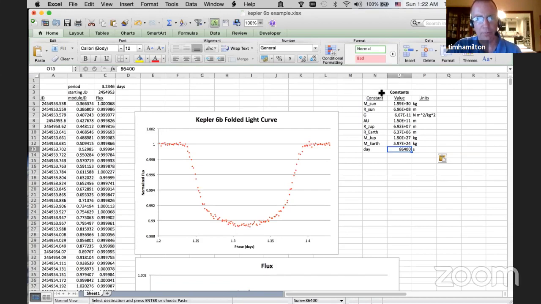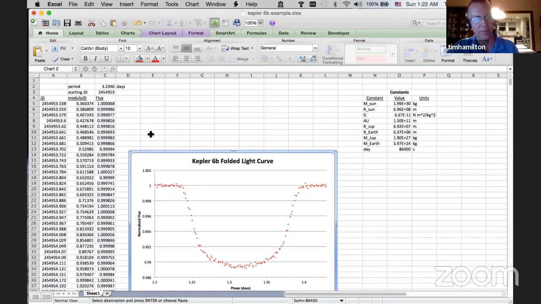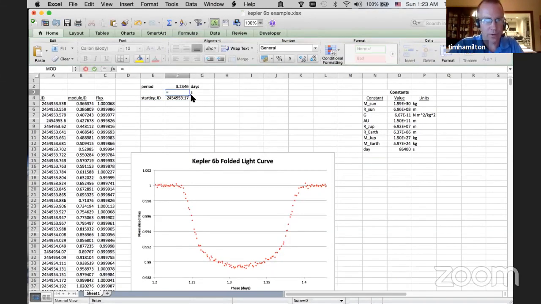Now, right now, this is going to look a little bit messy, and the final form that I'm going to have posted will be nice and neat, but that took a lot of editing to make everything be in the right place. So I'm going to copy these over here. Again, for those of you in TopCat, this doesn't make any difference at all. All right, so I want to have the period in seconds. So I simply multiply the period in days by the number of seconds in a day, and that's the period in seconds.